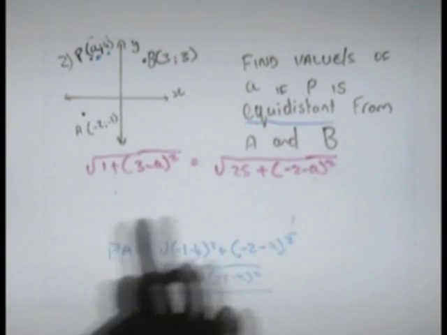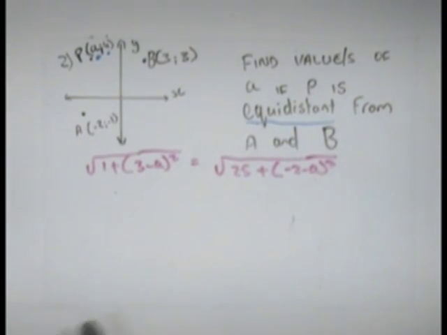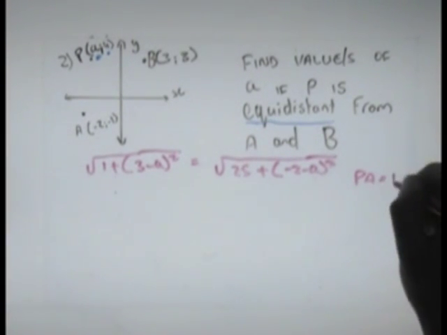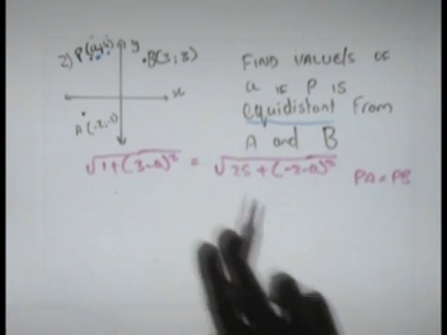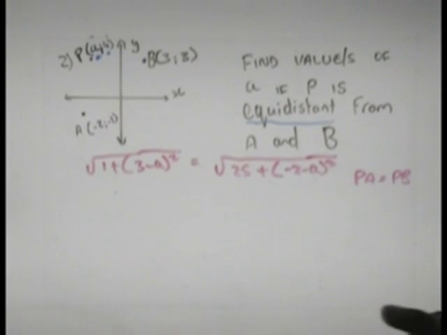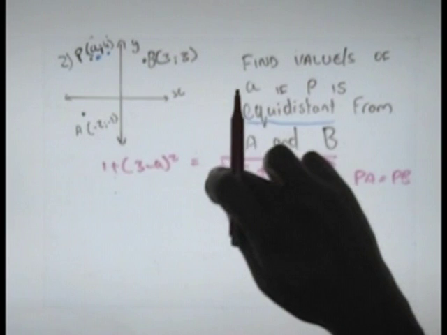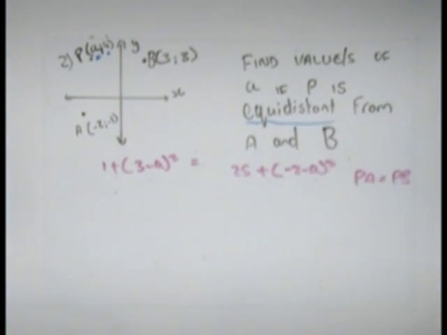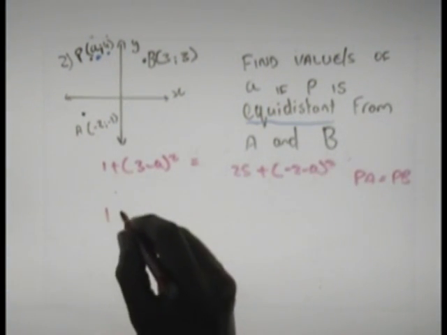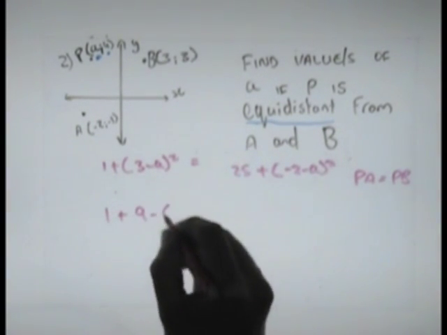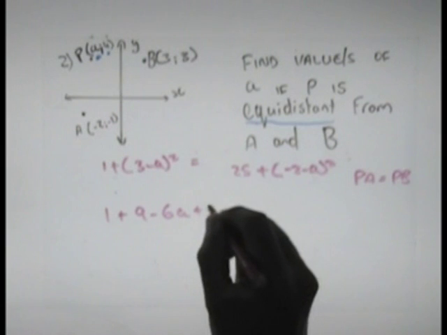Right? That's because they're equidistant. All we've done is said that PA is equal to PB. We've got square roots on both sides, nothing else, so I can square both sides to get rid of the square root sign. That means that 1 plus 3 minus a squared, which is 9 minus 6a plus a squared, is equal to